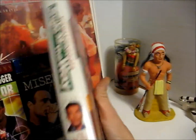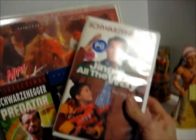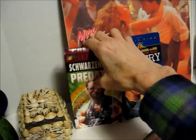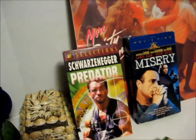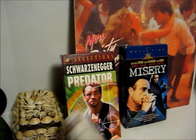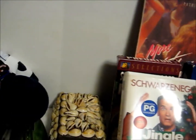I always hate putting it in my Arnold lots because it's a darn clamshell. So I don't like it. It messes up the whole order. I have all these ones that are this size, and then you pack, and all of a sudden you got this monstrosity, and it messes everything up. You have to add like an extra 2 inches to a box, an inch the other way, and it's just